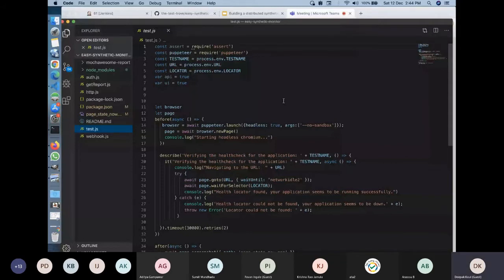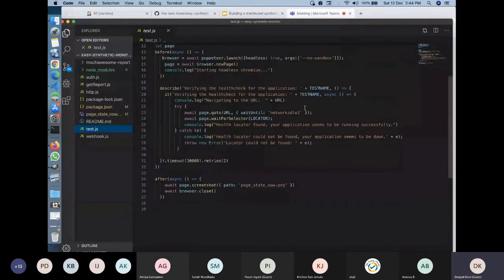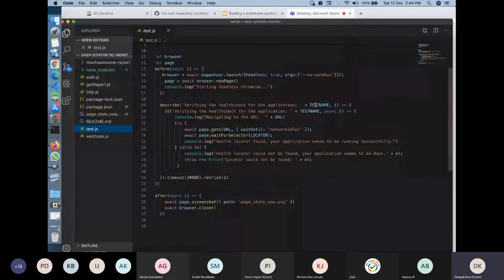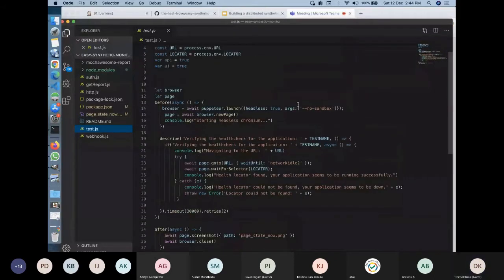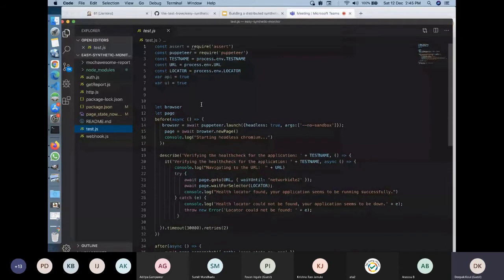So as you can see, this is just 37 lines of code. And when you set this up, you don't actually need to change any kind of code, right? Because I have already given everything I need as parameters from the command line. So when you run this test, if you provide a process.environment variable as we normally do in JavaScript through